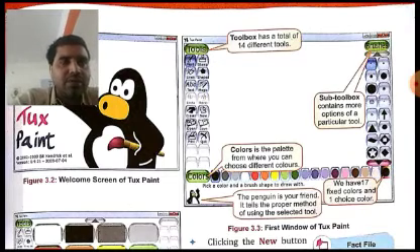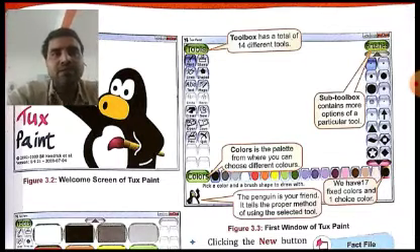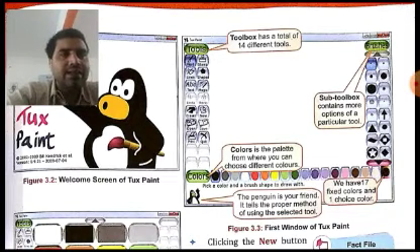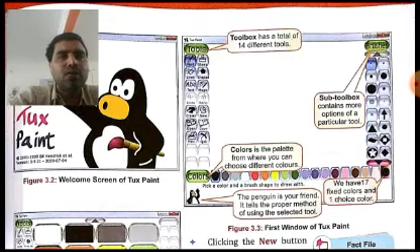The sub toolbox contains more options for a particular tool. So this is actually not the brush, but the sub toolbox. Sub toolbox means whatever tool we choose from the tools. On the left hand side we can see there is a toolbox, which has different tools. Whenever we select any particular tool from the toolbox, the sub toolbox will have different options related to that particular tool which you have selected.